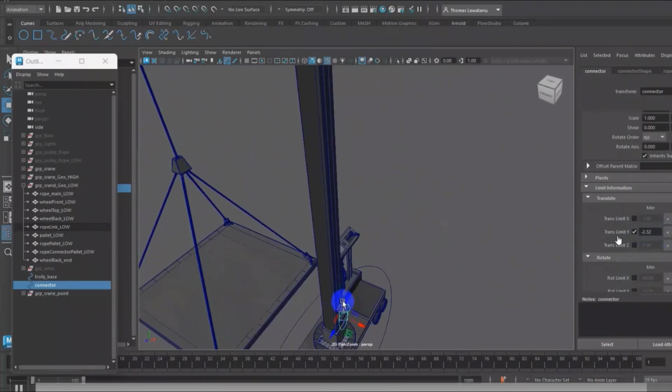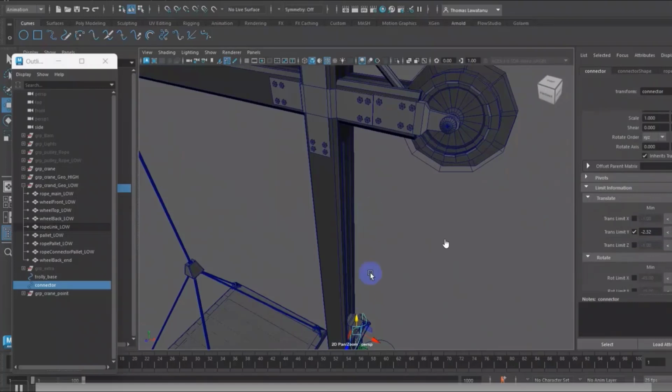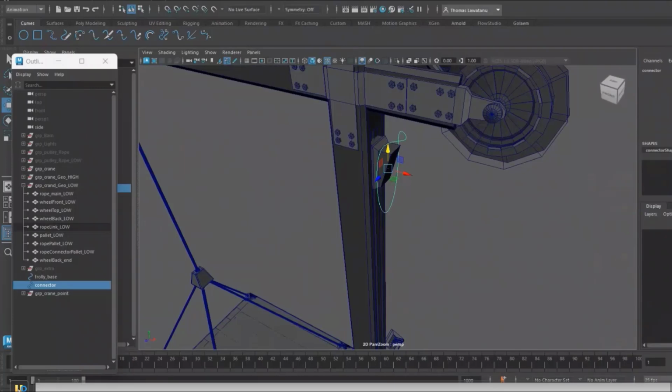The translate limit in y is minus 2.32. So this is safer right now. Once you move up, this switch will not go over. Okay, so this is the second thing we do.